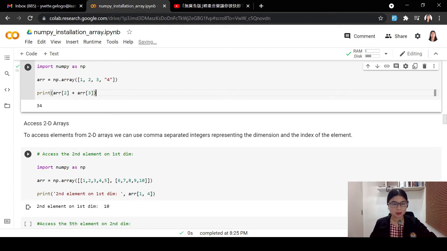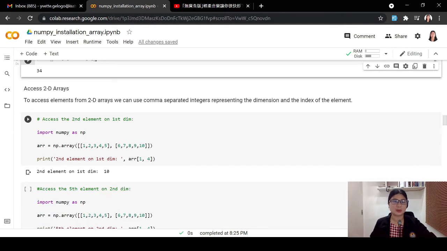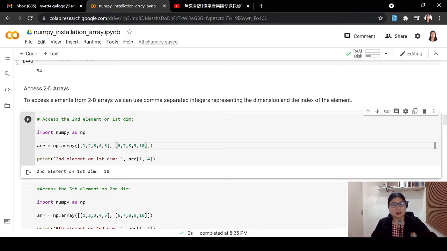How about accessing the two-dimensional array? So, to access the elements from 2D array, we can use comma-separated integer representing the dimensions and the index of the element. Na? Again, to access 2D element arrays, we can use comma, no? Separated integer to represent the dimension. So, paano? Say, for example, two-dimensional siya, no? We can have 1 as to access, no? Ang values ng matrix natin is 1, no? So, let's say, for example,